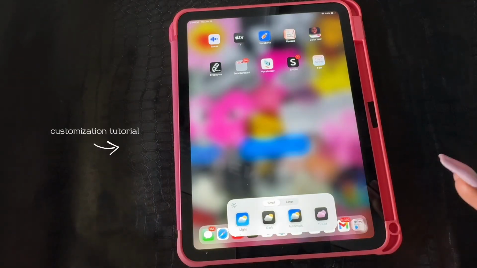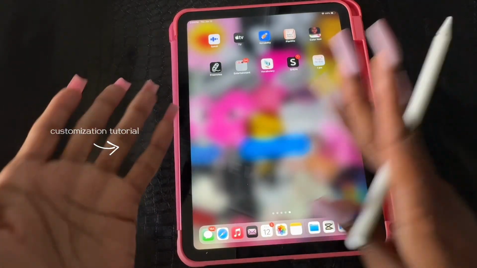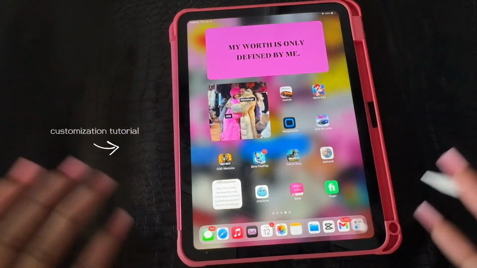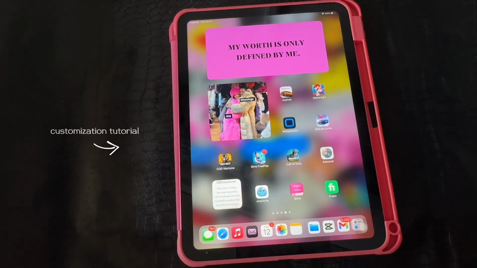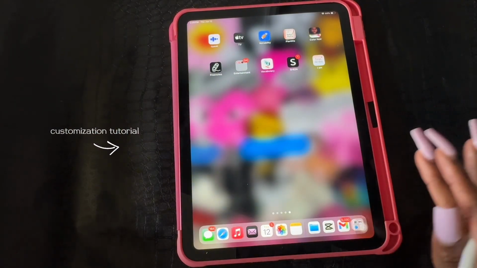And for my background, I chose a background on Pinterest, but I blurred it out. That way you can see my apps and everything more clearly. So if you're gonna do just a blank background, that's fine. But if you're gonna have a background with so many prints on it, let me show you the background that